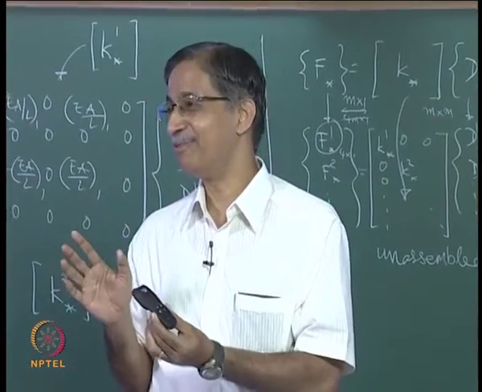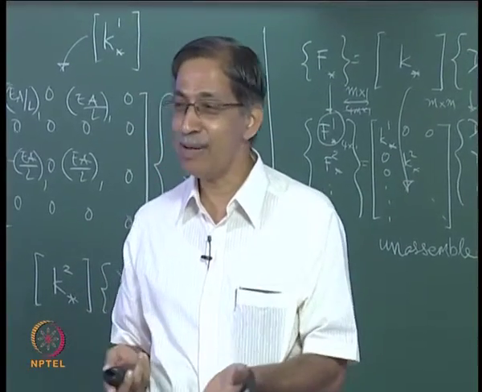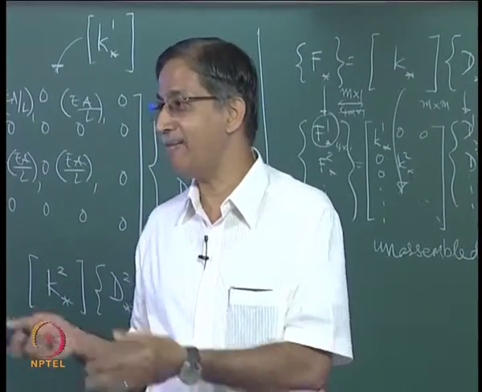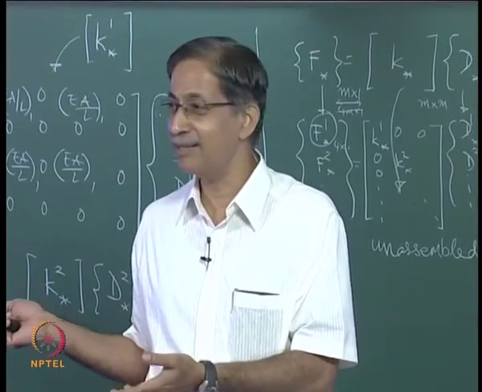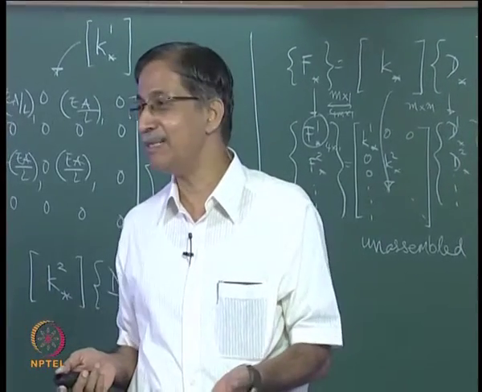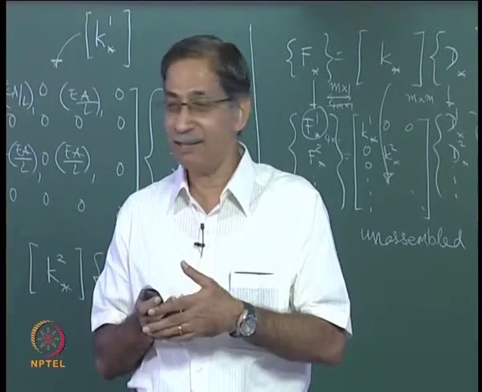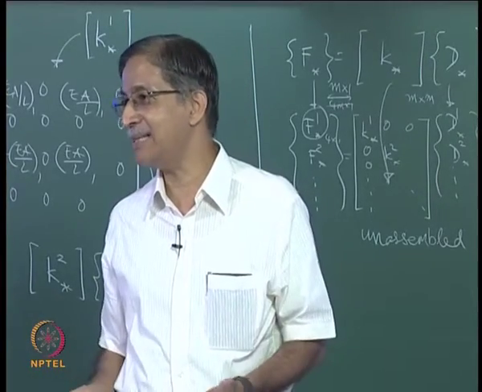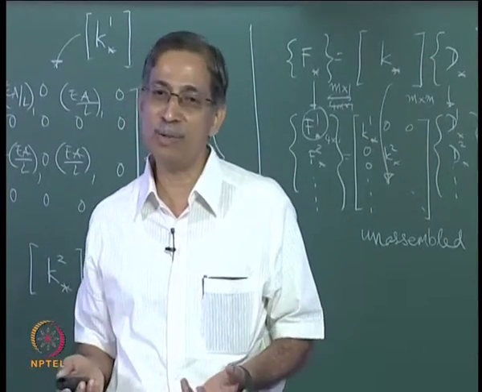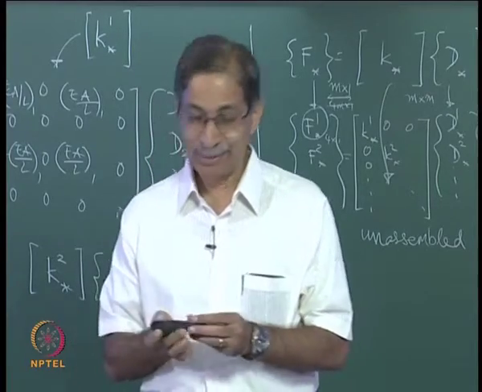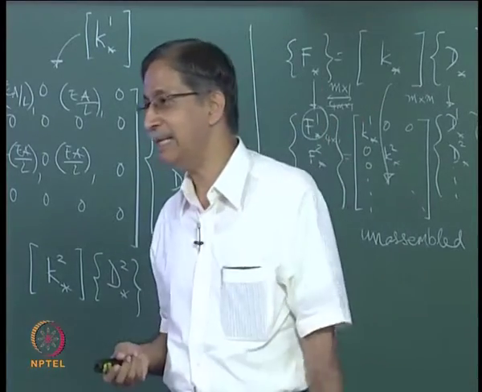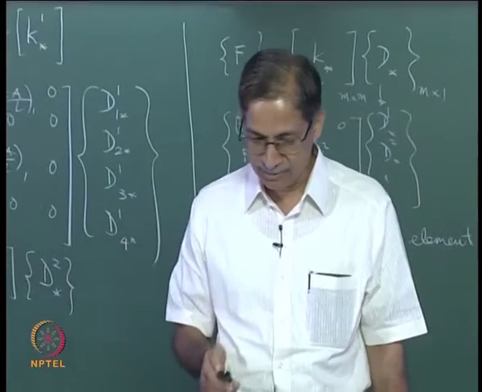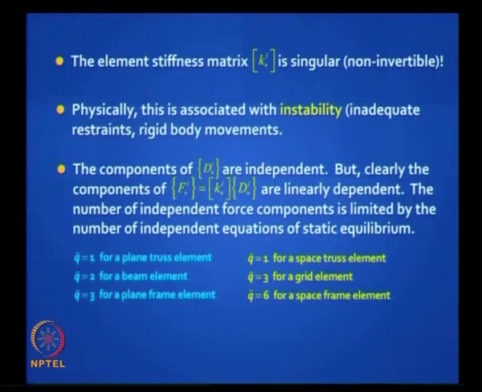So it's beautiful. Who would manually ever dream of doing the conventional stiffness method for a space truss, when the reduced element stiffness method offers such a drastic reduction in the quantum of work involved? That is why it is good fun manually to study the reduced element stiffness method. So for a space truss it remains 1, for a grid element it is 3, for a space frame it is 6. 12 becomes 6.